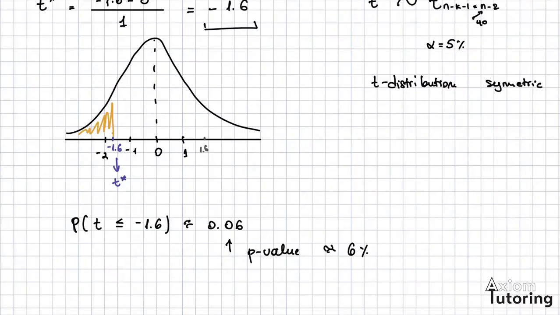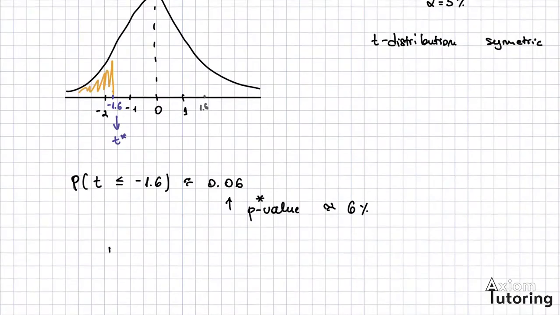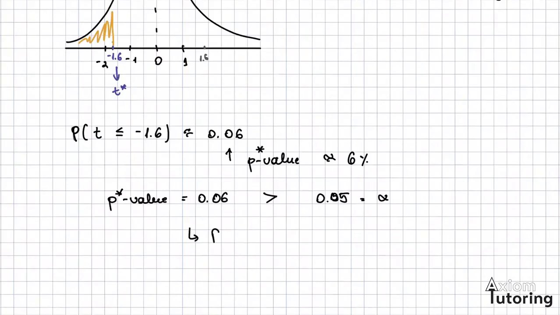When we make the decision, we have to compare the p-value that we found, so this is our p-star, to the critical, alpha significance level that we had chosen. In our case, the p-star value that we found, which is just the 0.06, is actually bigger than the 0.05, which was the alpha, the significance level that we chose. So given this, it means our decision is we fail to reject